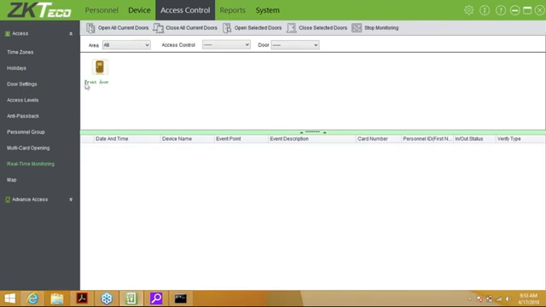Now, the color of the door might change depending on if you have a door sensor added to your unit, or if you set it up like that. We will get to that. Let's discuss the real-time monitoring while we are here. So basically, all clock-ins or clock-outs will appear here on the system. So for example, if a user comes to the device and they put their finger down,